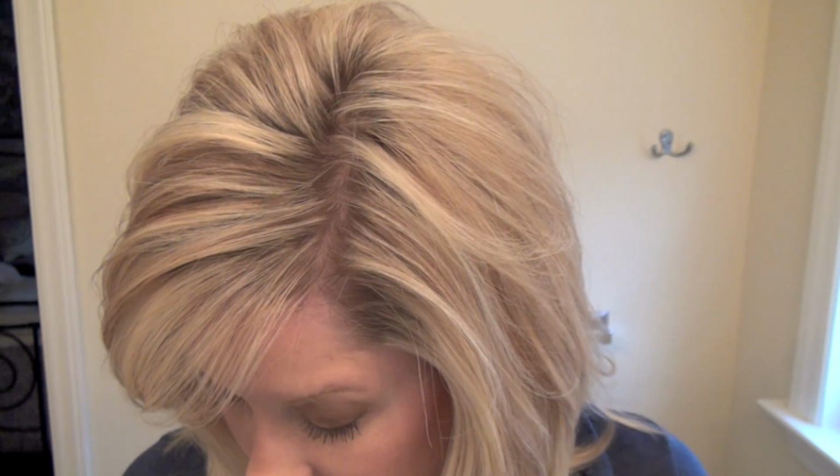Okay, so the last thing that you can finish with, this part is totally optional, but it's for a little bit more of a smokier, darker eye, is you can line the lower rim of your lashes. I just usually pull that down with my finger and then run my liner very, very softly over that part